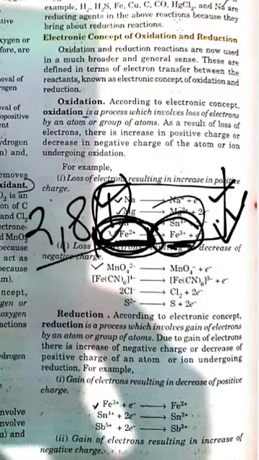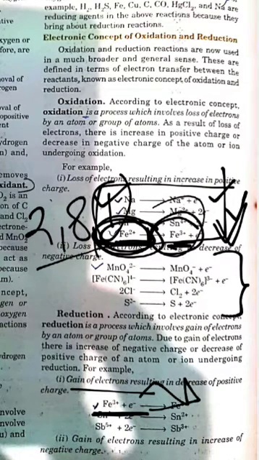This is a very, very important concept. All these concepts are linked with your theory and your practicals. You have to remember every concept. These are some more examples. Now in reduction there will be gain of electron, such as this. Ferric ion here is gaining electron to convert again back to ferrous ion. There are more examples you can see from here.